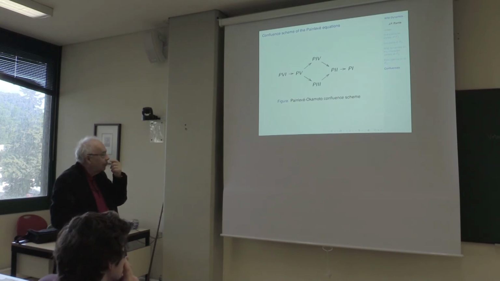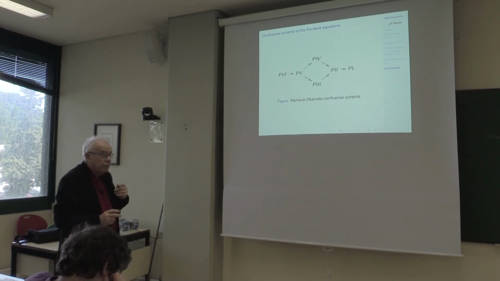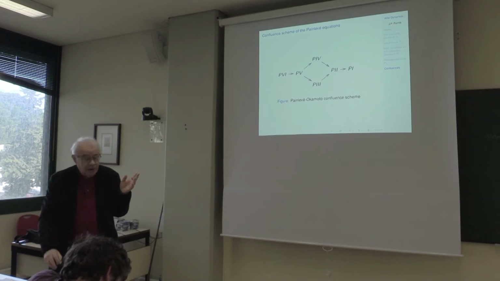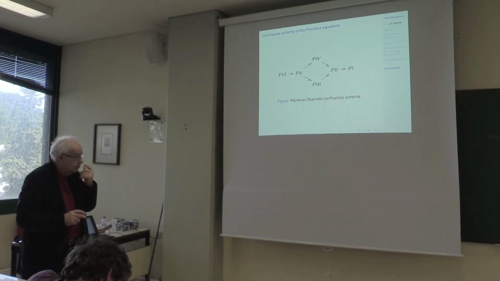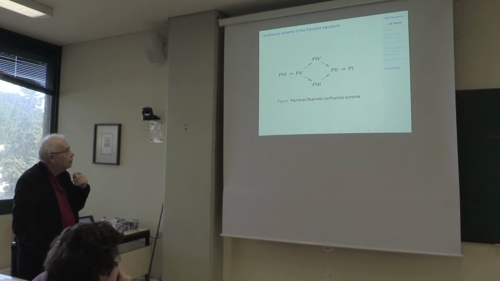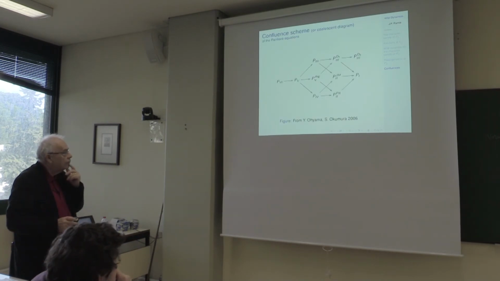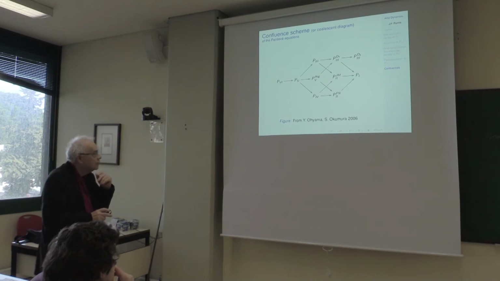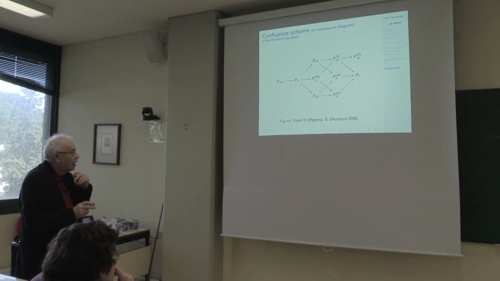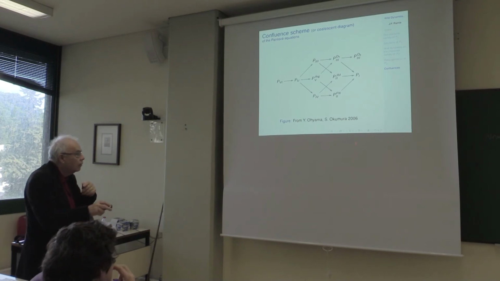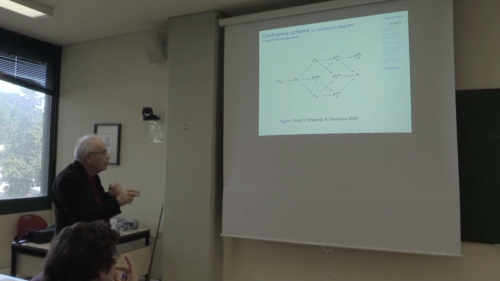Okay, so the basic picture of confluence of Painlevé equations is this one, the Painlevé-Okamoto confluence scheme. And in fact, there is a better confluence scheme, if you separate in detail the different cases of P2, P3, P4, and so on. It's the confluence scheme of Oyama or Kimura. And now the idea of the proof, I am describing this case, P2